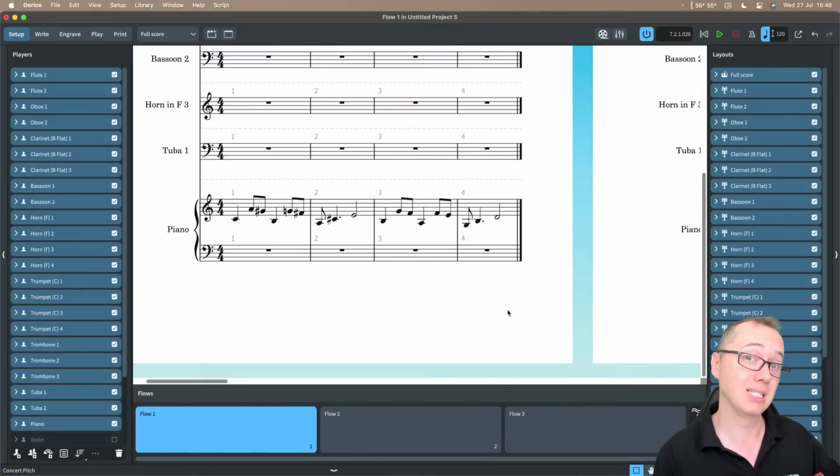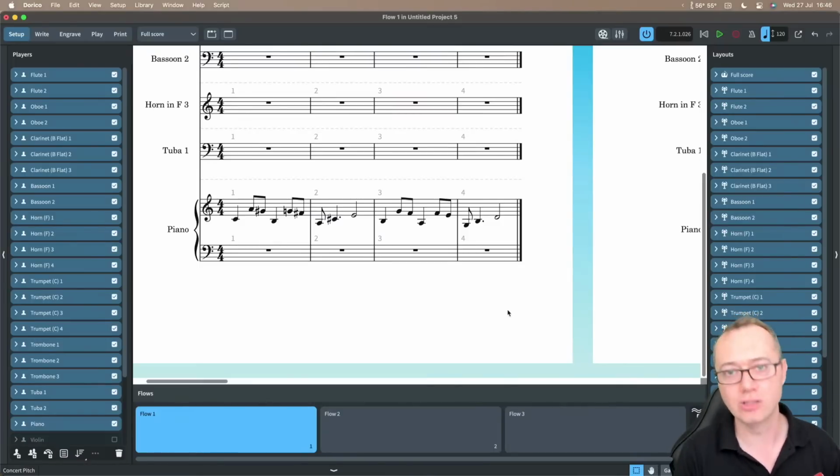So you can export that as a little idea that maybe you want to use in future for something else. Let me just have a look at some of the comments and questions down here. I'm interested to see if there's anything about composition ideas people have had, or ways that you use Dorico, that kind of thing. And also, is there anything else in this kind of session I think will be